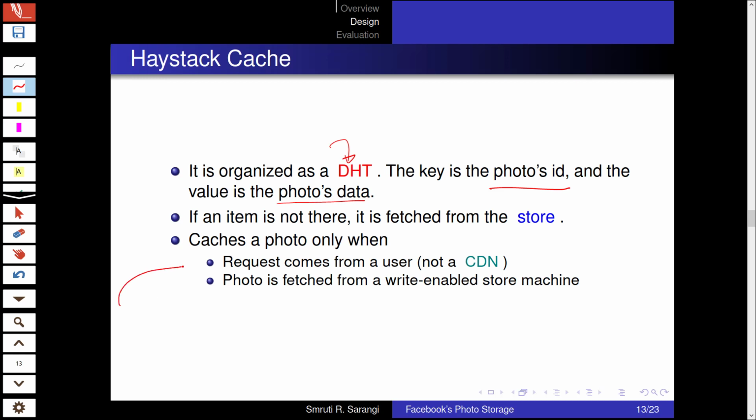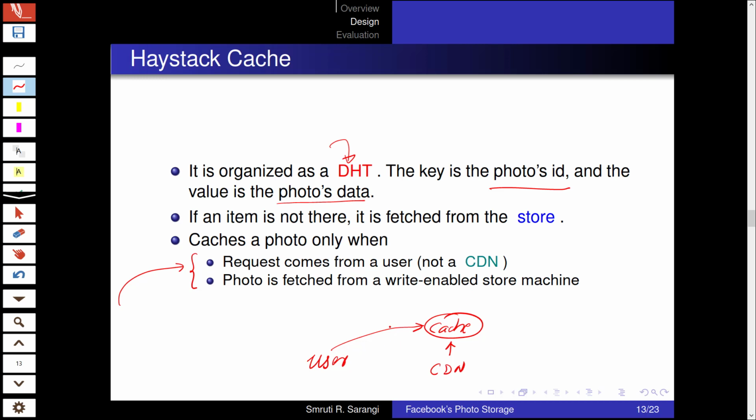So here there are two interesting schemes that we should talk about. The haystack cache can get a request either from the CDN or from the user's browser directly, depending upon the way that the haystack directory has configured the request. If it is coming from the CDN, then it does not cache the photo.